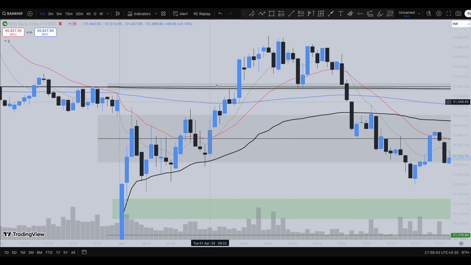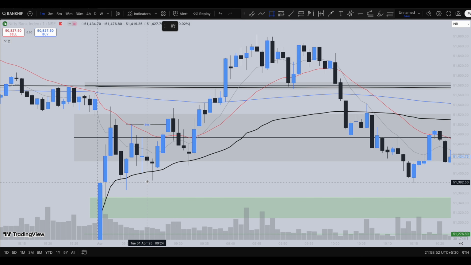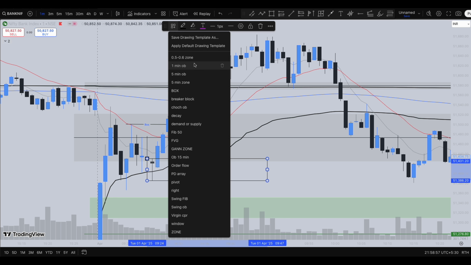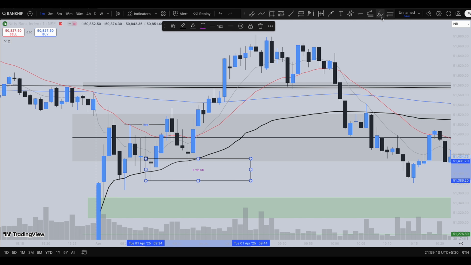But you can see after this rejection of price, the market clearly broke this structure high. You can consider this to be a break of structure, and you can mark the down candle over here. This is the 1 minute order block level. And you can see the market retraced to this 1 minute order block as well as the anchor VWAP level. This is the day VWAP level, rejection of price from these levels, and a doji candle formed here, guys.